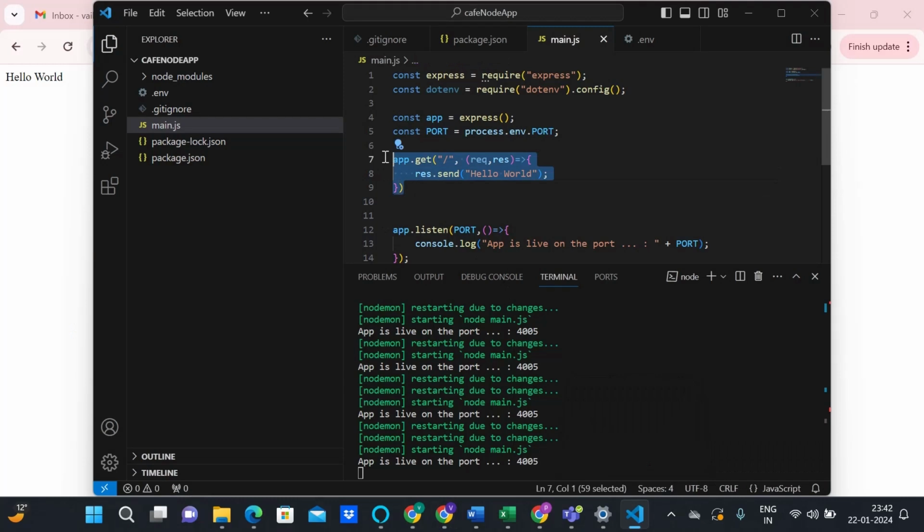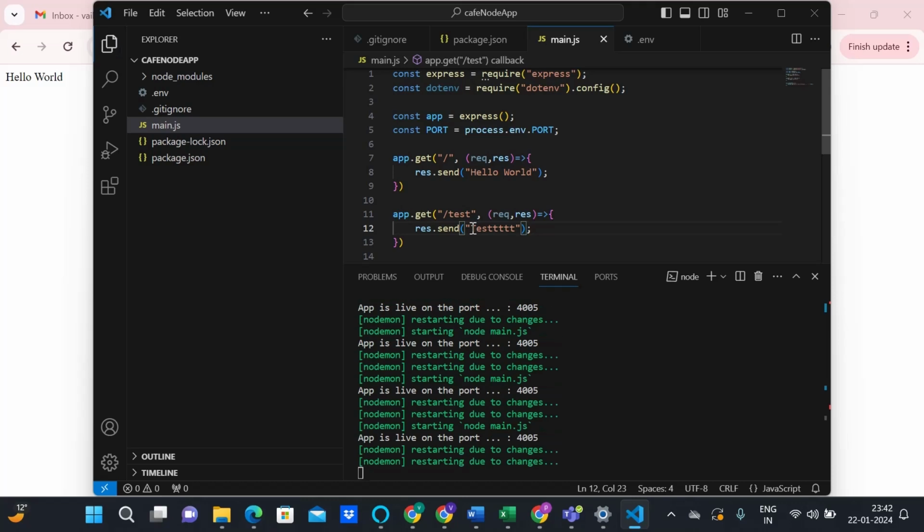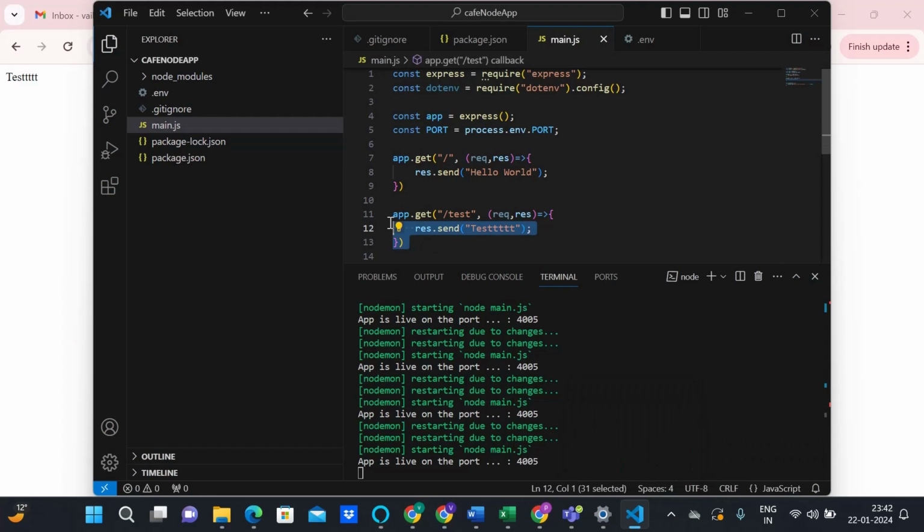I can give you more examples. I'll just make a few more get calls. Let's say I'm just using something, test. So if I'm going to use slash test, let's see what is happening. I'm seeing this, right? So our APIs are working fine. Correct. Let me just remove this. It has no use. So as of now, we have created a simple server and it is performing the get